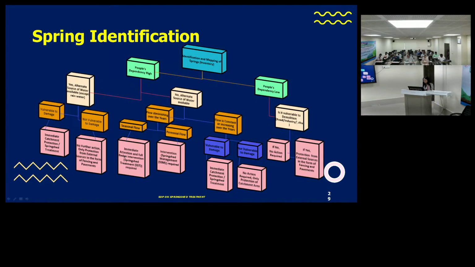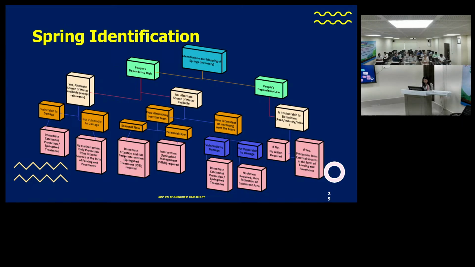then we need to assess if it is vulnerable to demolition through construction of roads or buildings. If it is not vulnerable to demolition, then no action is required. If it is vulnerable to demolition, then protection from external sources in the form of fencing and pavement needs to be done. So this is, I would say, a chart for spring identification and